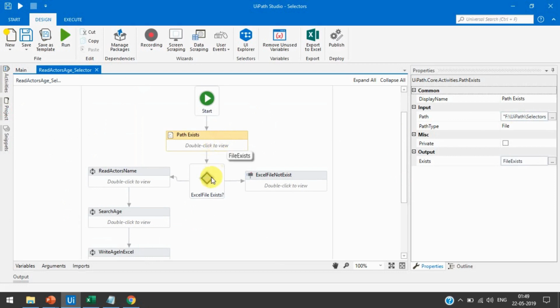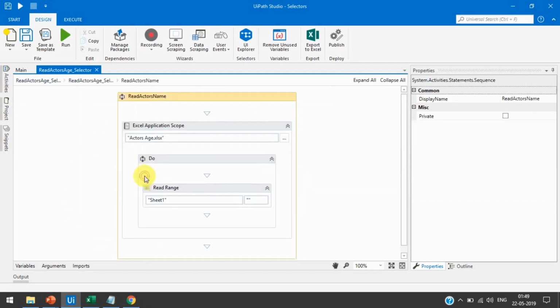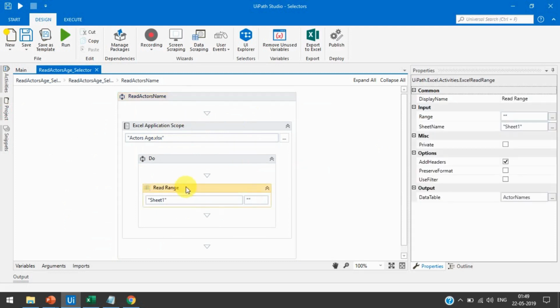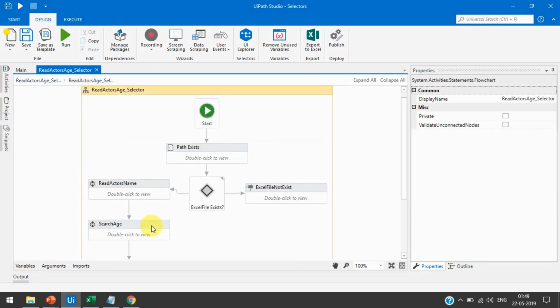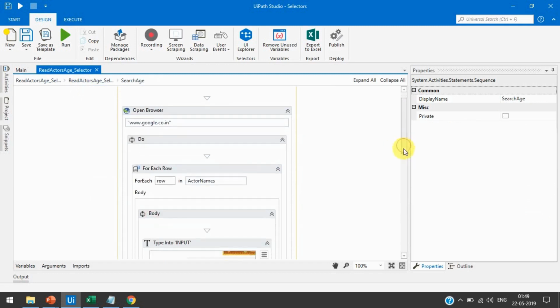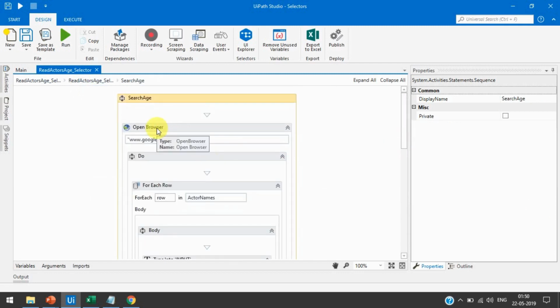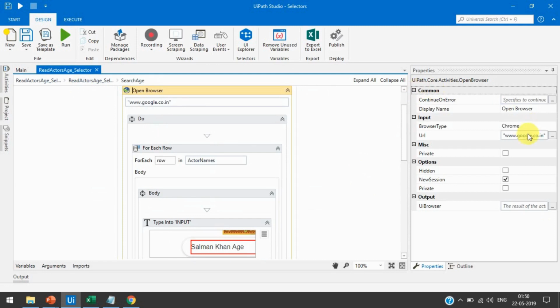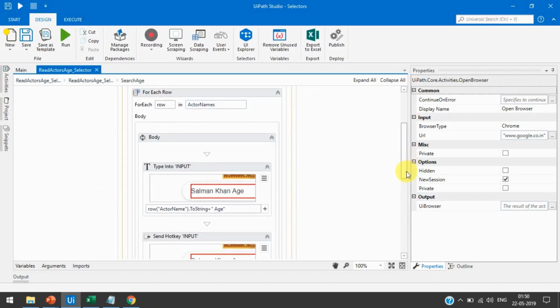If it exists, then I have used the Excel application scope and read range to read that Excel file, and I have taken one data table, that is actor's name. And in the search age sequence, I have used open browser and taken the Chrome browser, and here I have used the for each row.